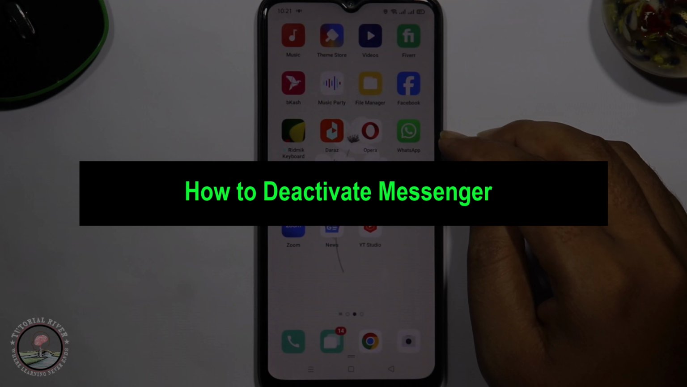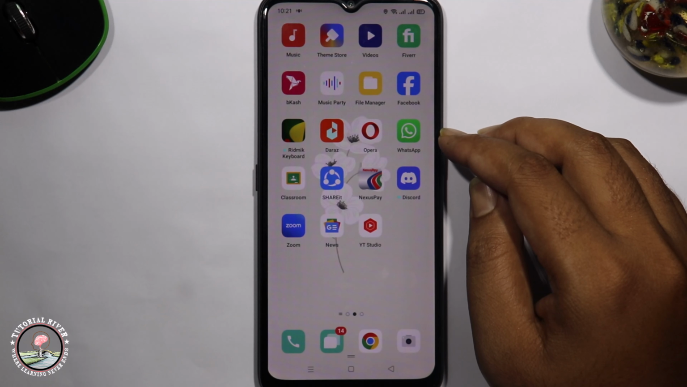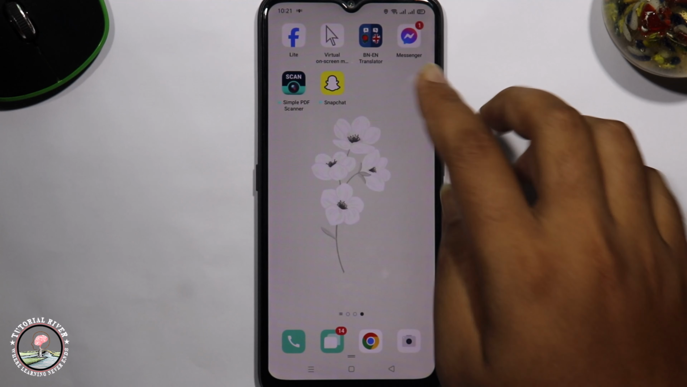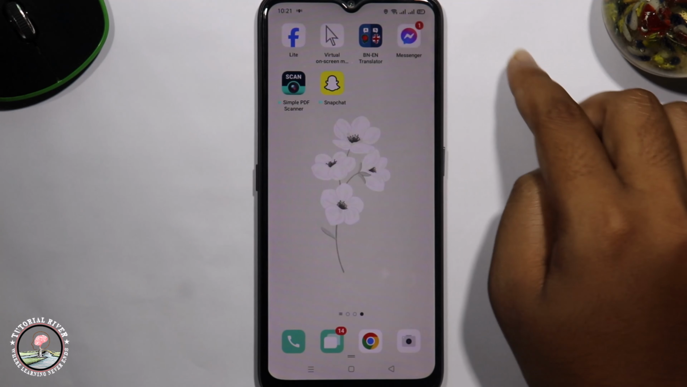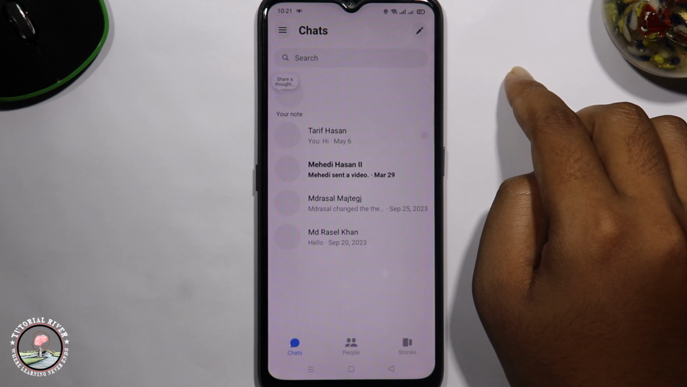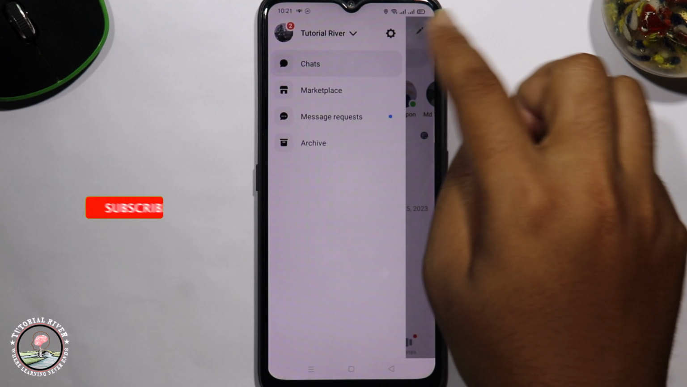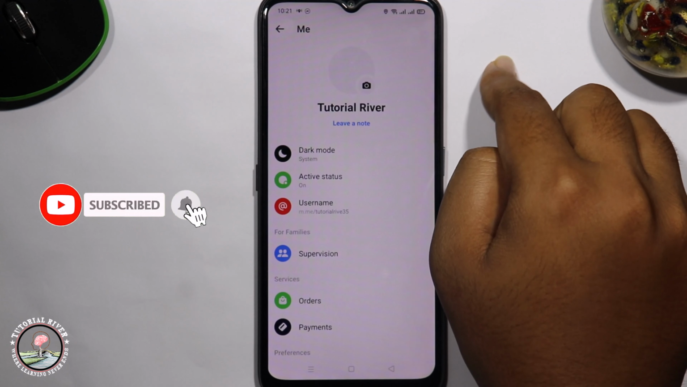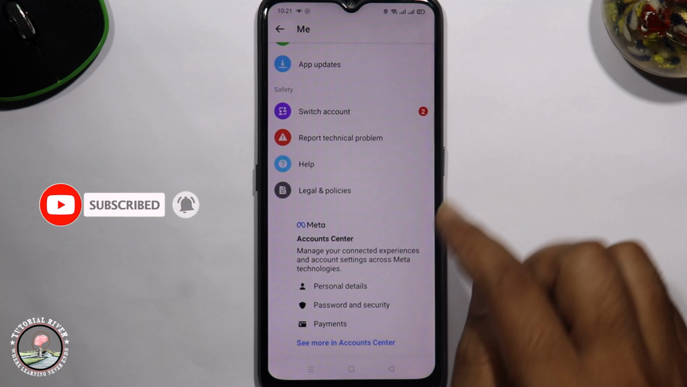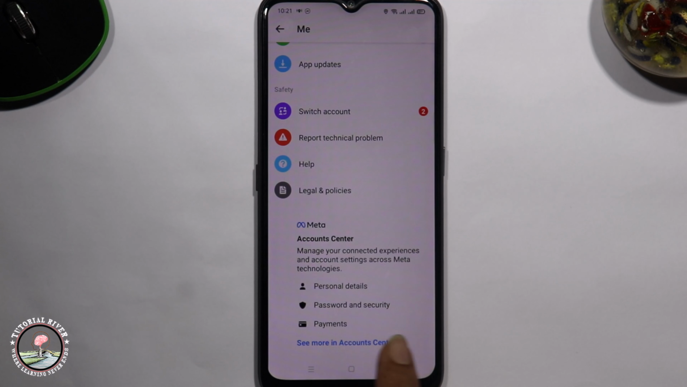In today's video I'm gonna show you how to deactivate Messenger. So first of all, open my Messenger, click on the three lines, go to settings, scroll down, click on see more in Accounts Center,